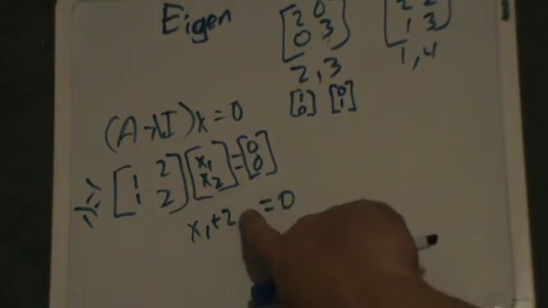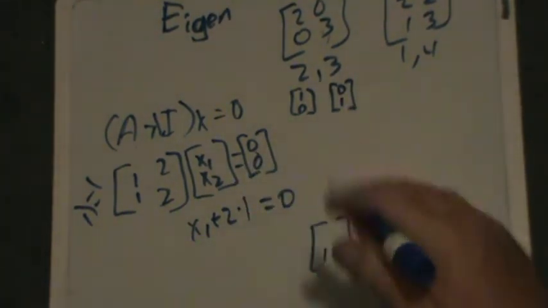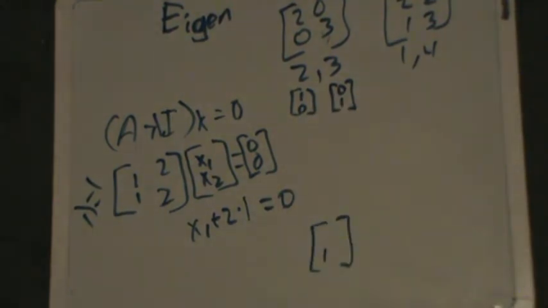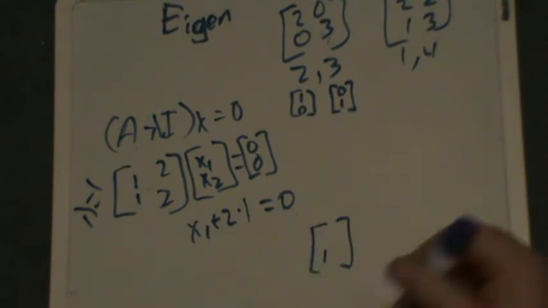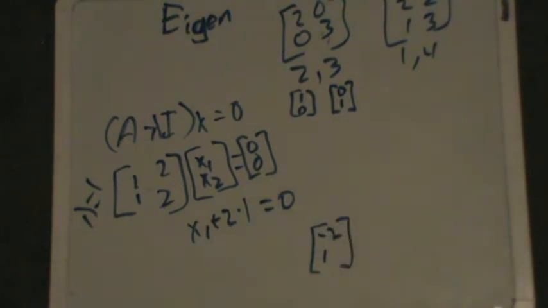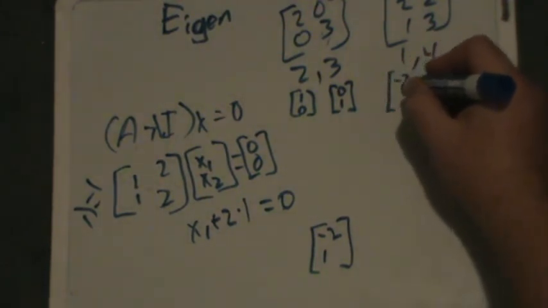If x2 equals 1, because you could pick it, since I'm just going to normalize it anyway. You're never going to guess the normalized value, but who cares? I get a vector in the right direction, and then you can just divide by the length and now you've got a normalized one. So I pick this one to be 1, because I multiply here, 2 times 1 gives me 2. So x1 plus 2 has to be 0, so x1 has to be minus 2. So I easily get the direction. I can just write here that this has to be minus 2, 1.